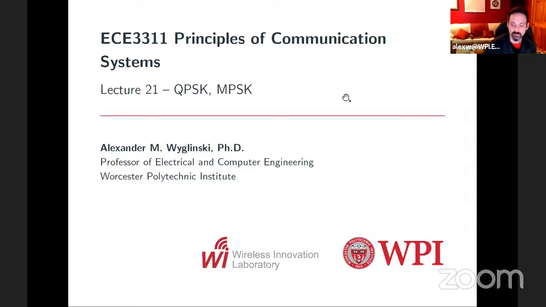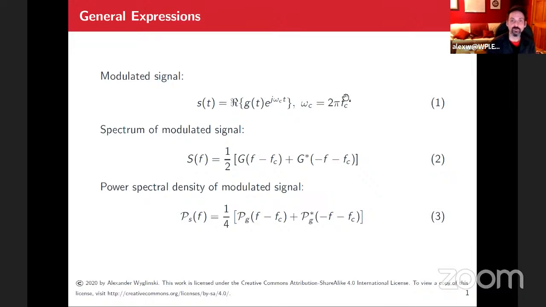So just like every other time, we'll go back to the general expression, right? This is very important. We always go back to the general expression. Passband waveform, S of t. And again, in some places I use V of t, but it's the same old thing. It is a signal that has non-zero components at carrier frequency plus and minus Fc. Okay, Fc hertz. We also do radians per second if it's omega c,